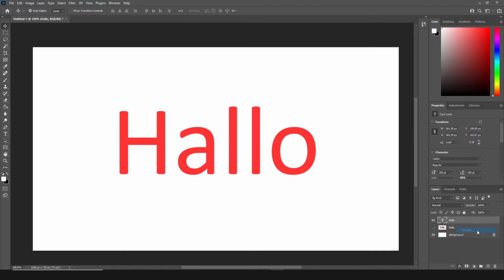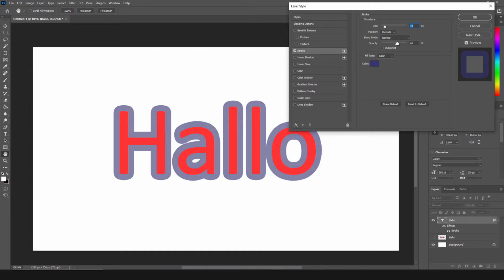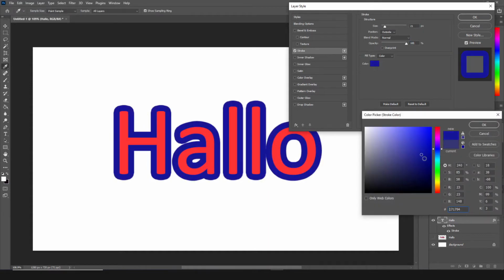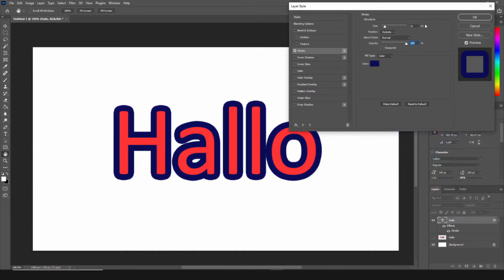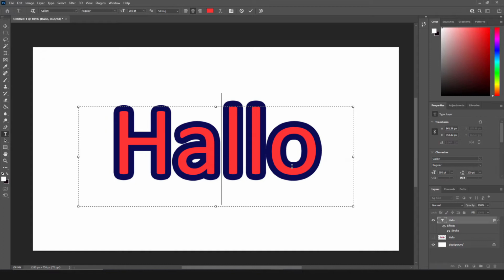Here we choose the stroke effect, and as you can see the outline is already drawn, and of course we can tweak the parameters until we get the result we want. You can change the color, the thickness, the opacity, and so on. The best thing about this is that it's not necessary to rasterize the layer, and therefore we can continue modifying the text and we still get that stroke effect.